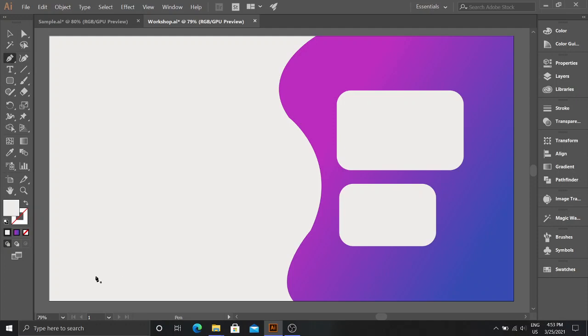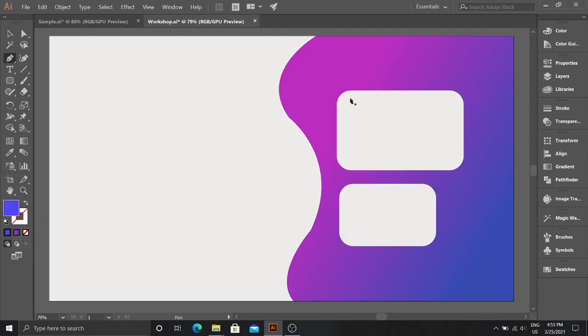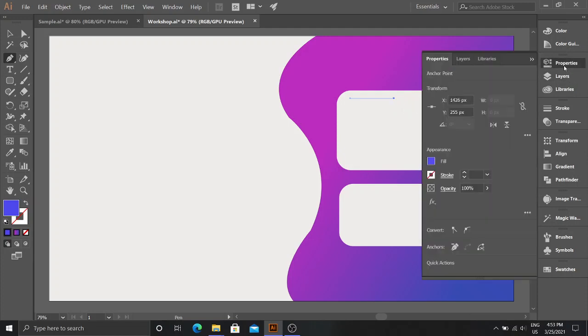So let us now use the pen tool. Get a basic line here like this. Go to the properties panel and you can see the fill color and the stroke, which is the thickness of the line. So I can now change the thickness to anything I want.